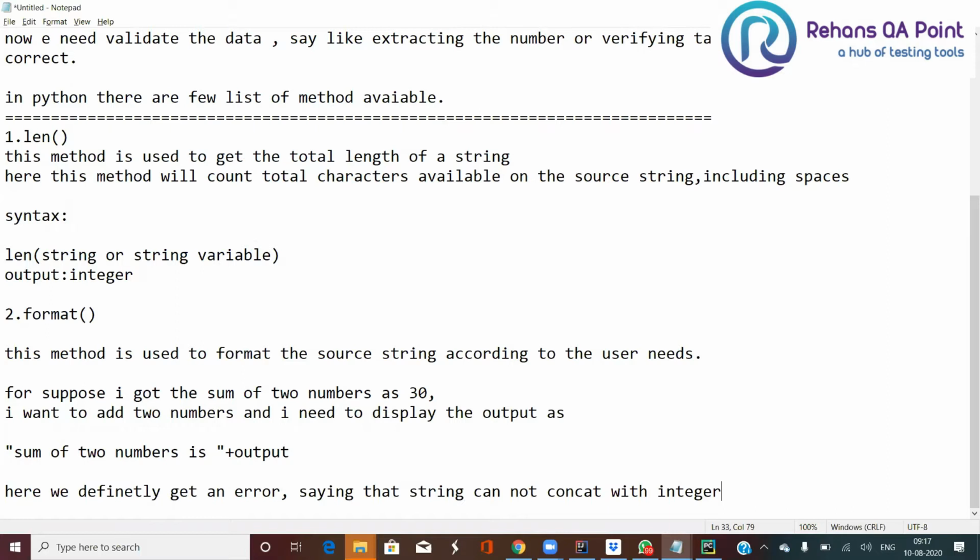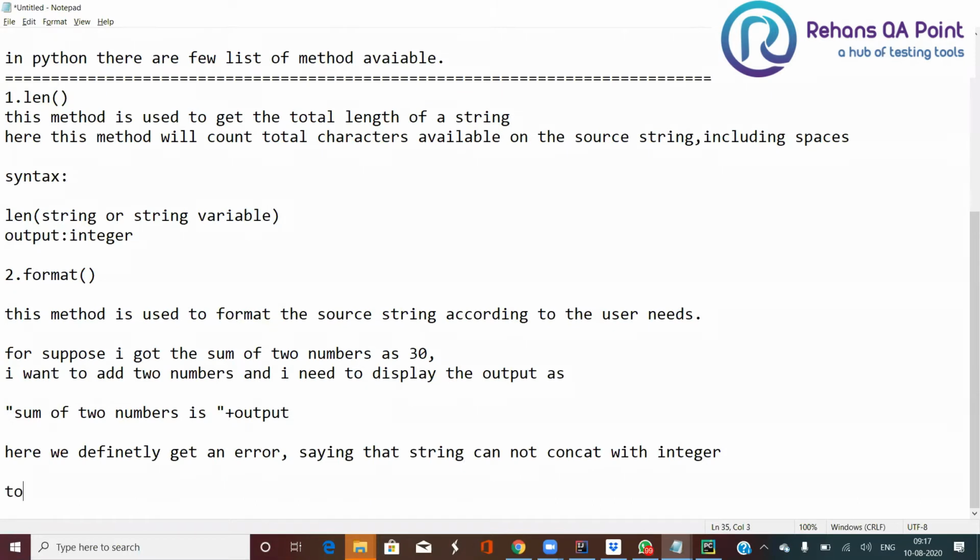That is not possible. Okay. So to avoid these kinds of errors, right? We use the format method.